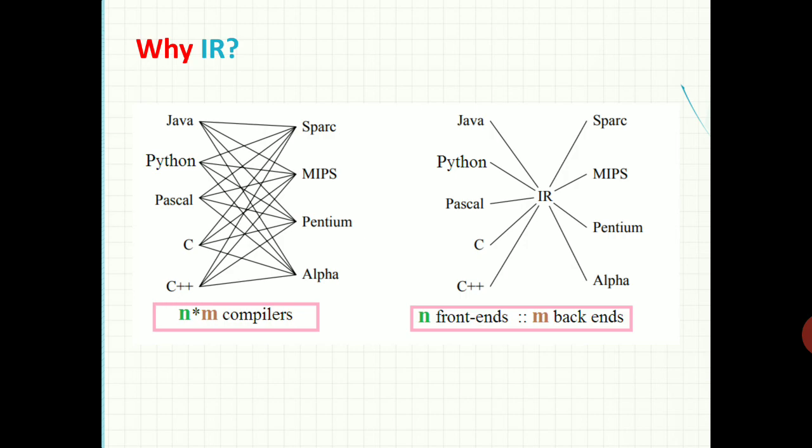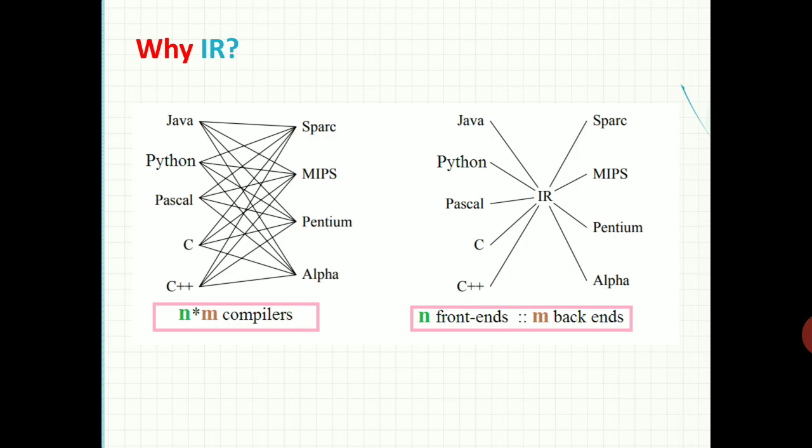In our case, there are 5 programming languages and 4 platforms, so we need 20 compilers in total for this particular set of languages. That is the normal case.